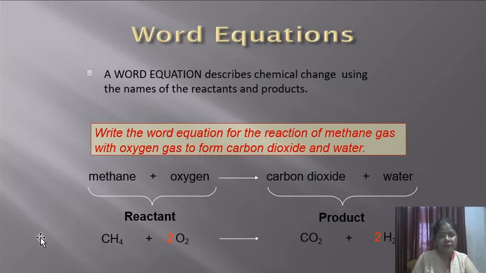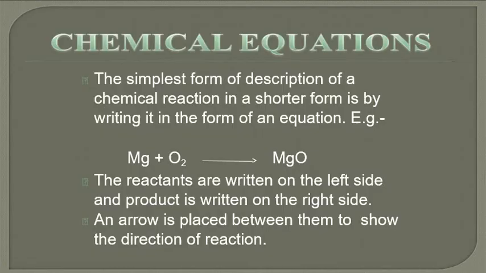So this is word equation. Now chemical equations. A chemical equation is the representation of a chemical reaction by using the symbols and formulae of the elements and compounds. The simplest form of description of a chemical reaction in a shorter form is by writing it in the form of